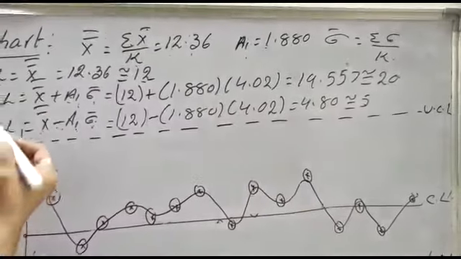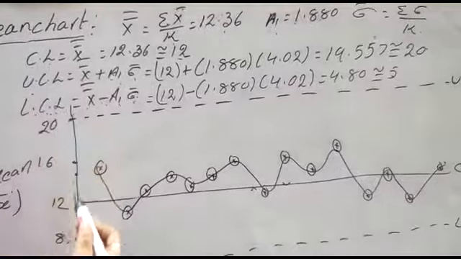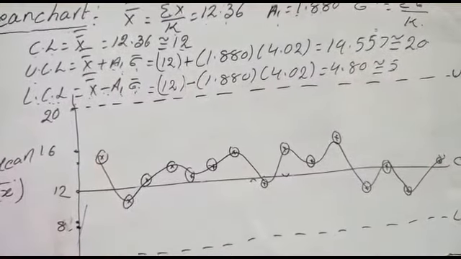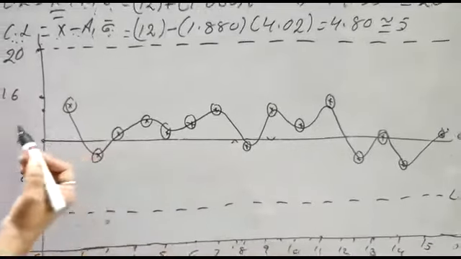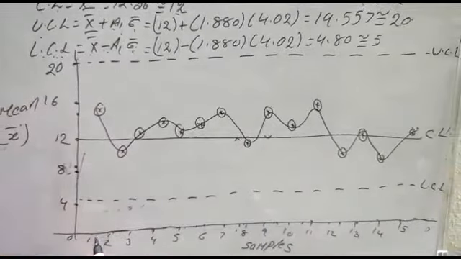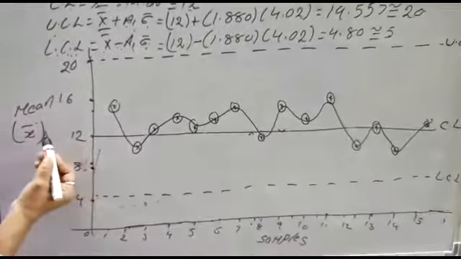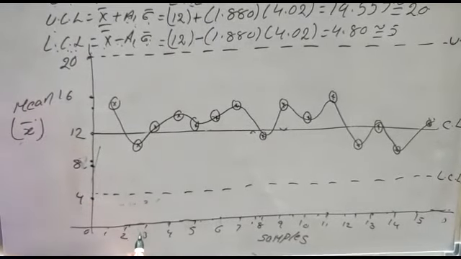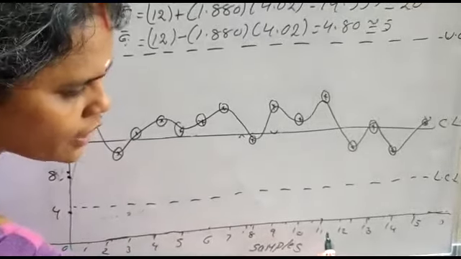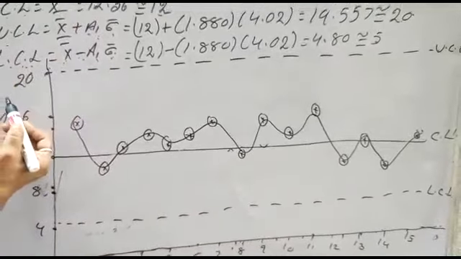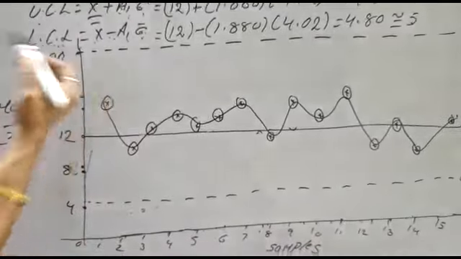Immediately after constructing the control limits, you can give a graphical representation of them. Therefore, take a graph paper with an x-axis and a y-axis. On the x-axis, I am taking the number of samples, and on the y-axis, the mean chart. The overall number of samples is 15, so I can take the x-axis with a length of 1 centimeter. On the y-axis I can take 4 centimeters, that is 0 to 20.